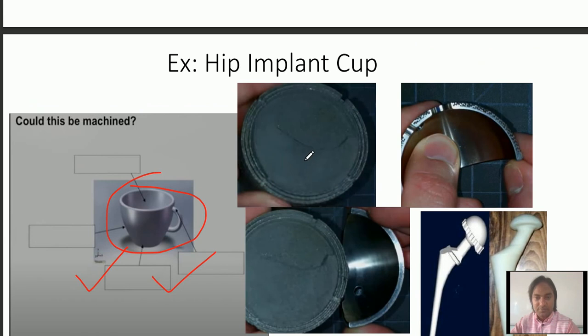Then there were, see, these are two examples that with the help of 3D printing they have made. This one, a hip implant cup that is used in the hip. This one they have made. See the shining surfaces. First they have made it, and after cutting and polishing, the structure looks like this. When you cut around along this is the structure, and after machining, the smooth surface we can get.